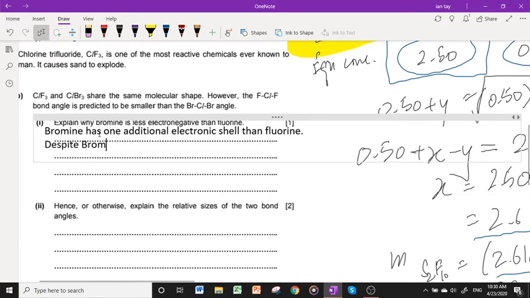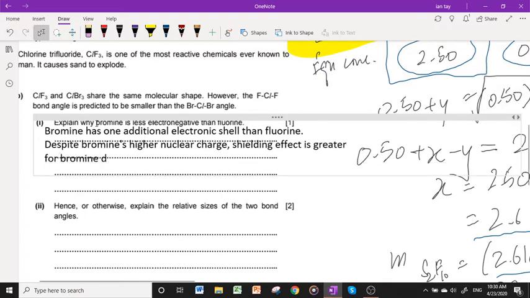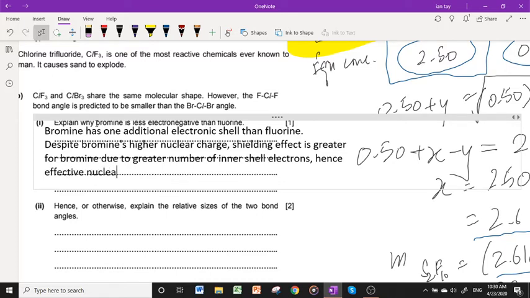Despite bromine's higher nuclear charge, shielding effect is much larger. Shielding effect is greater for bromine due to greater number of inner shell electrons. Hence, effective nuclear charge is smaller for bromine,